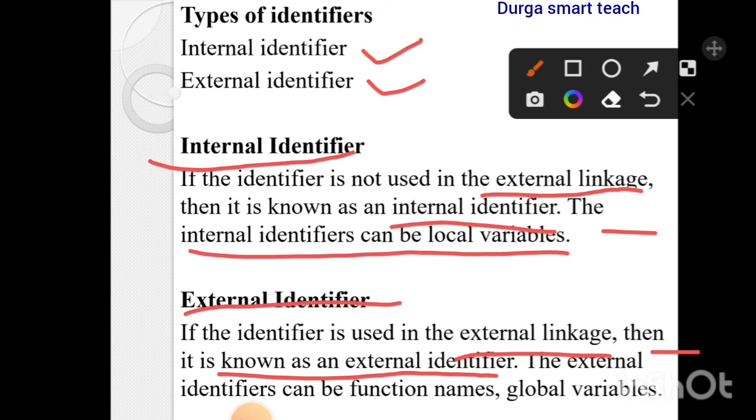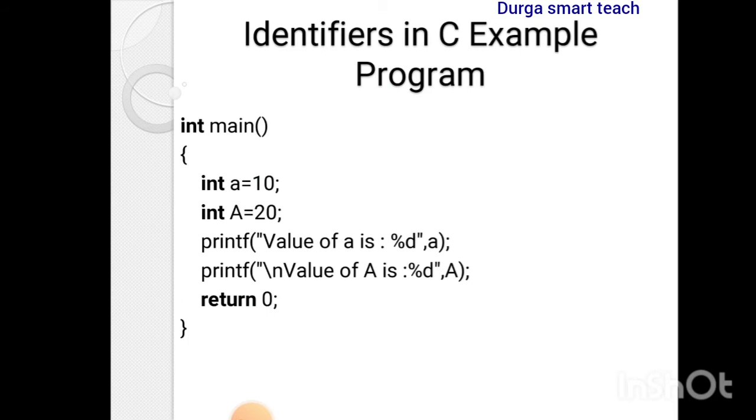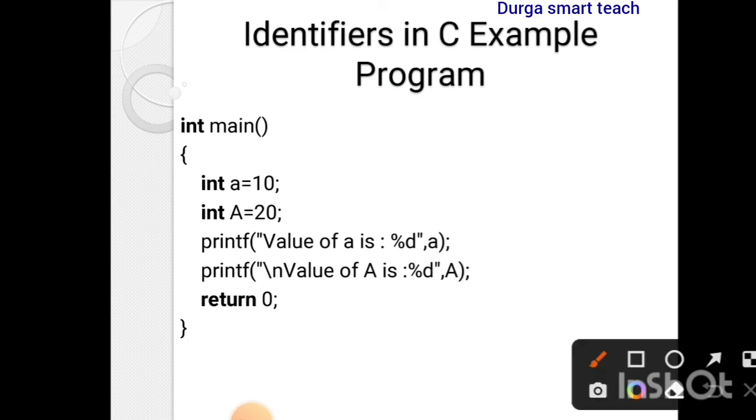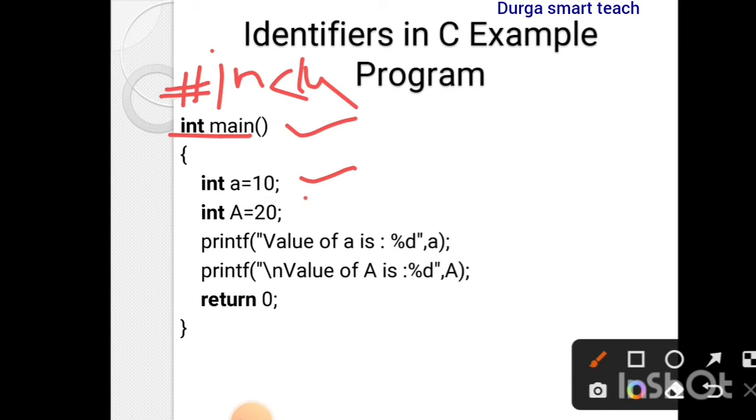So let's see an example of identifiers in a C program. Here this is the main function, and also #include <stdio.h>. So this is the header file, the preprocessor directive. Next, the main function has int return type. Next, I am declaring two variables: int a = 10 and int A = 20. So here a is common, but if you see,